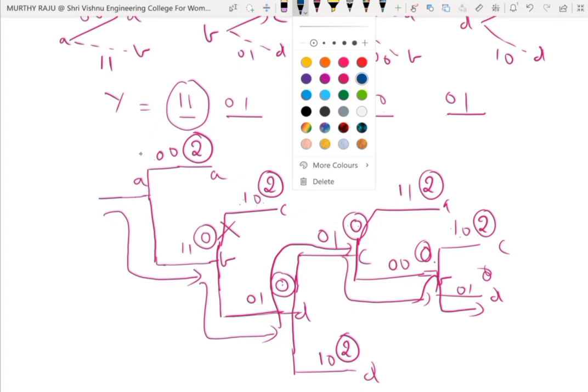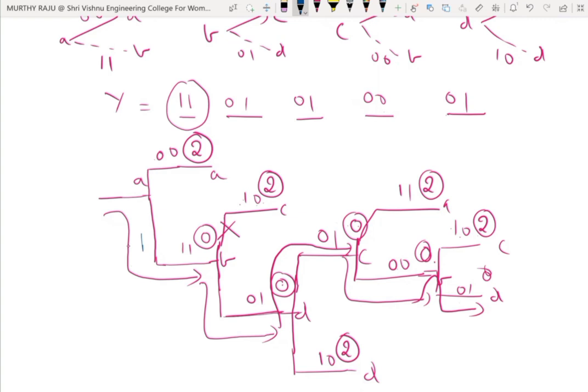Downward from A to B, A to A, A to B. From A to A, whenever the input bit is 0; from A to B, the input bit is 1. This one is 1, here 1, here also downward direction 1. This one is 0, upward direction. For 1 1, the input bit is 1. For 0 1, the input bit is 1. For 0 1, the input bit is 0.